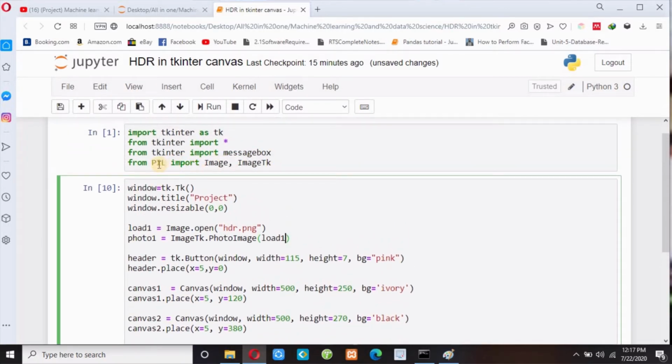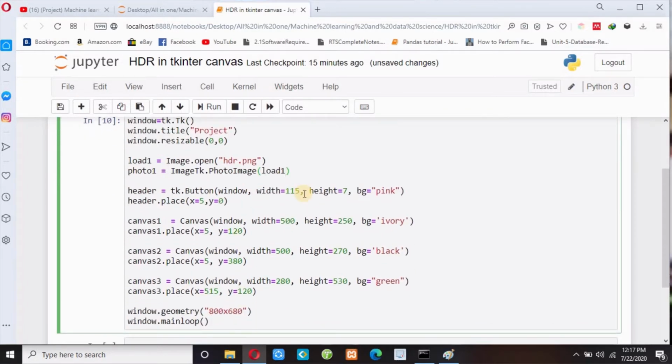And to install PIL, you have to write pip install pillow, and then I have to pass this image in my button. So image equals to, my image name is photo 1. I have loaded my image in photo 1, so I have to pass photo 1 here. Now I don't need this width, height and bg because I have loaded my image here. So let me delete this,